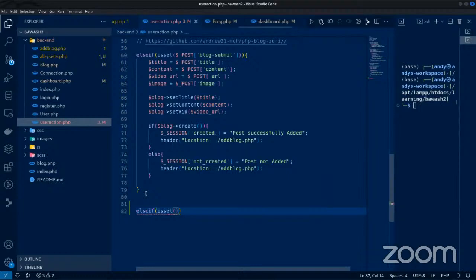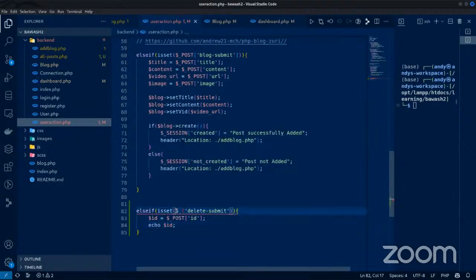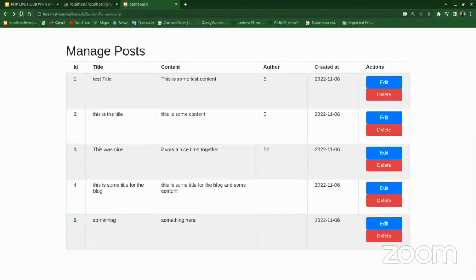Set delete submit, the name of the button. Then what we want to do is, let's just echo out id to make sure that we have something. We set post delete. Yeah, definitely that should be it. So we have this. Where is 5 coming from? Great, we have 51 instead of